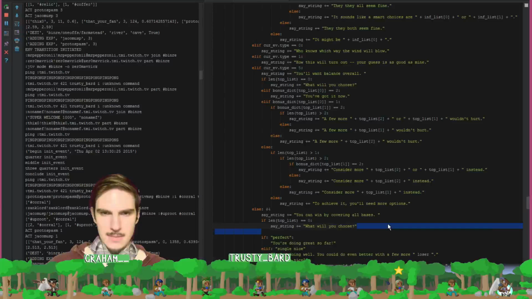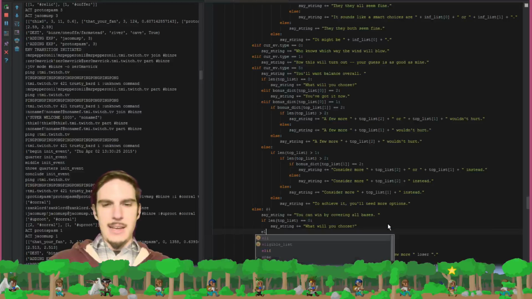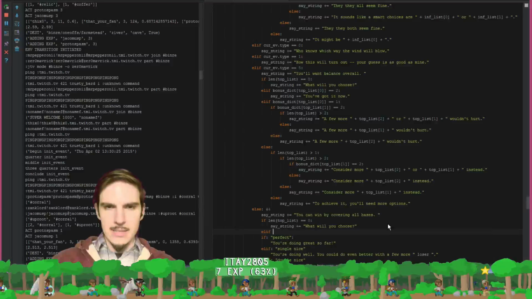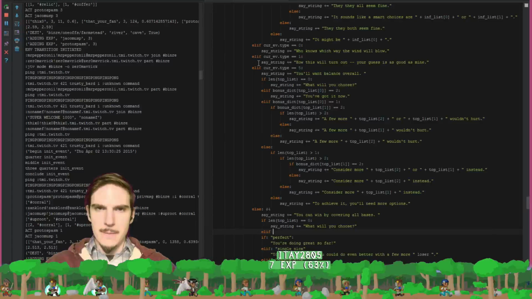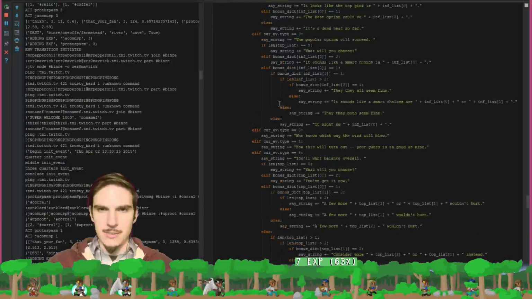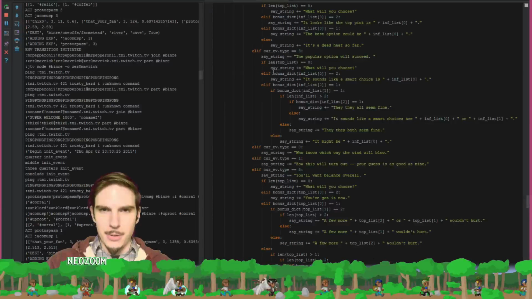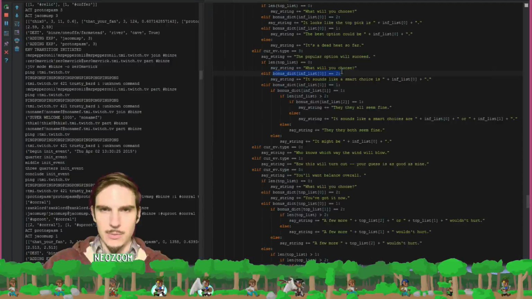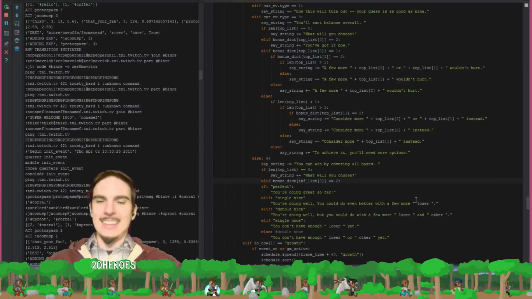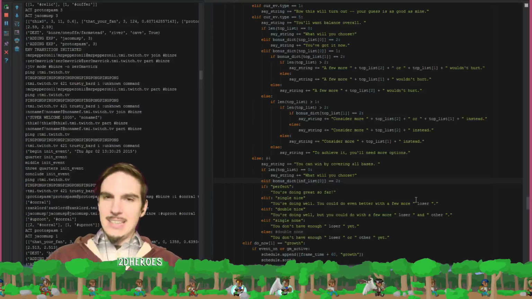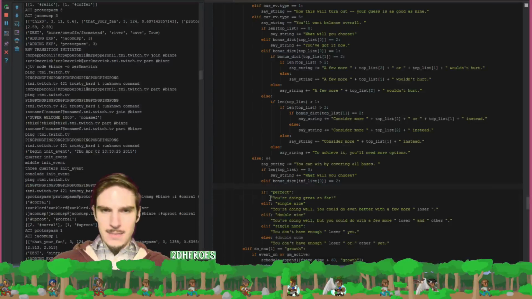Then the first else if is, as per usual, we check if we're doing perfectly. Wouldn't it be great if bonus dictionary index 2 equals perfect? Wouldn't that be great? And if it is, then you're doing great so far. So say string